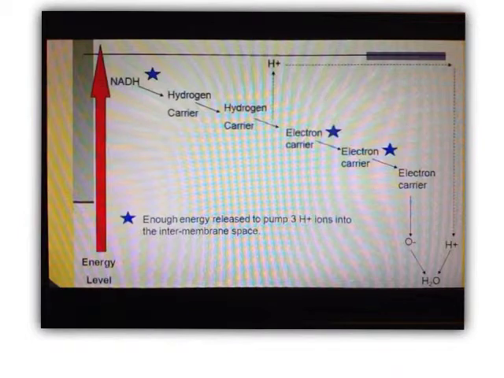At the end of this, so here what we've got now is an electron carrier with an electron on it. It needs to get rid of that electron. And what does it do? Well, it adds it to oxygen. Oxygen has an affinity for electrons, so it will pick that electron up quite happily and it'll give it a